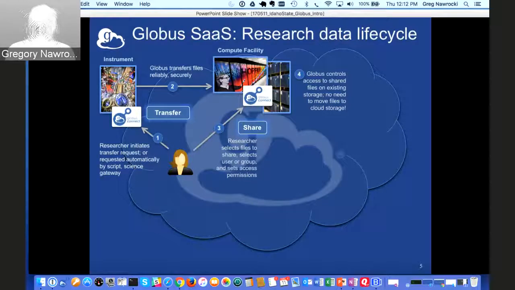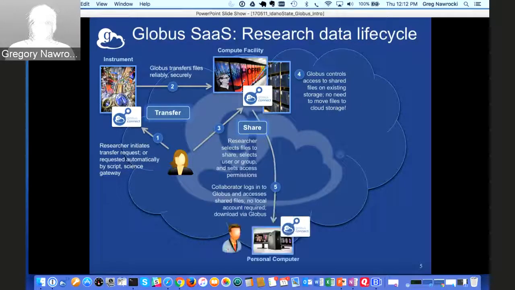There's no need to move the file to any external cloud storage, and that's true with the transfer as well. You'll notice there wasn't a two-hop process. It transferred from endpoint to endpoint, not endpoint to cloud storage and back down. Then that collaborator would log into Globus, access the shared files, and have the ability to download them to their own endpoint.